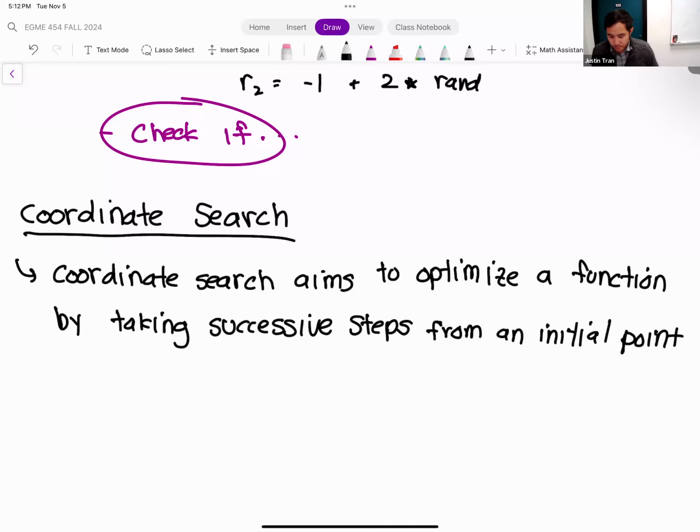Just like random walk, you take steps away from that initial point to improve your objective function. The difference here is that coordinate search is not going to rely on randomness at all.